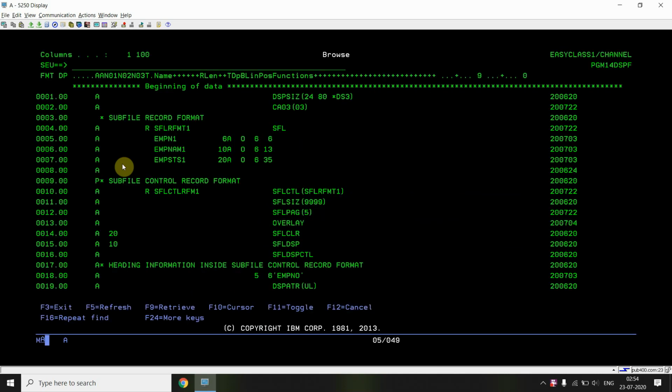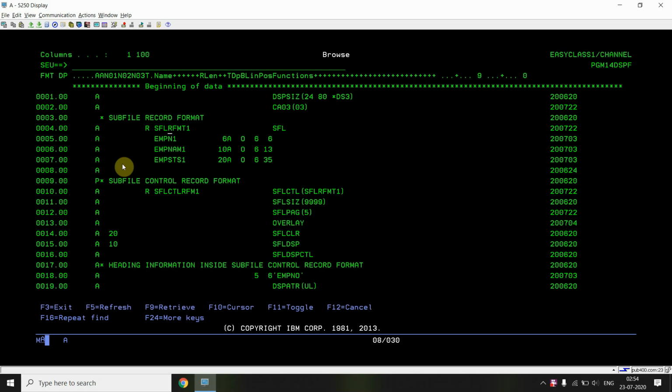Here you can see that I moved CS03, indicator 03, to the global level, so this is applicable to both the subfiles. If I press F3, that will be effective for both the subfiles, so I'll be returned from the program. It is not stuck to only one subfile or any of the subfiles.